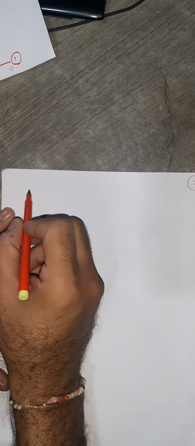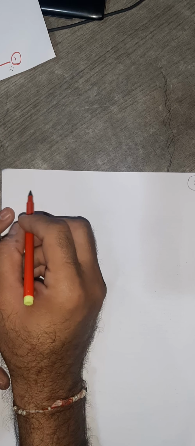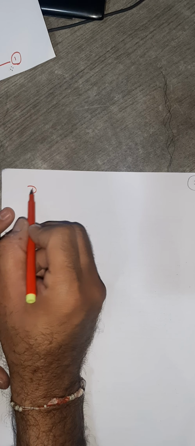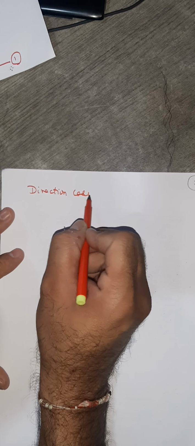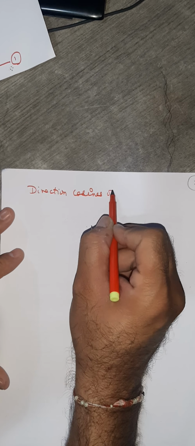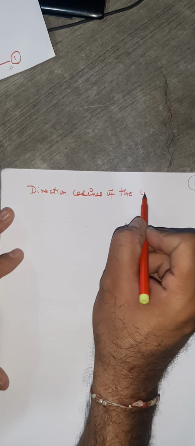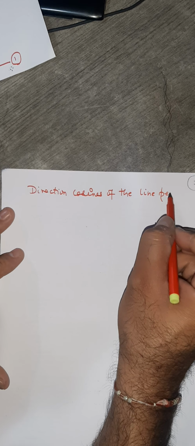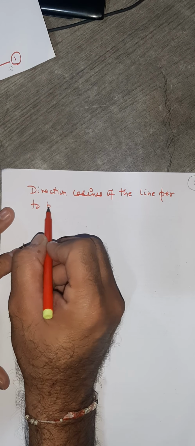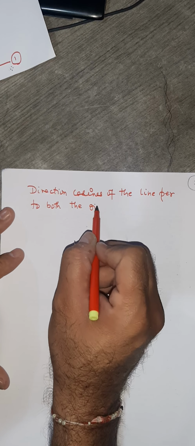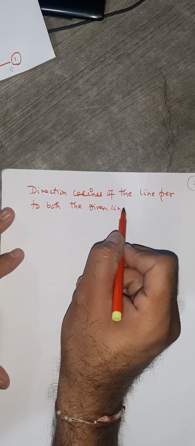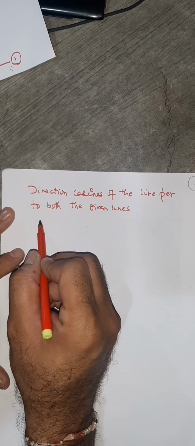So I'll write here: direction cosines of the line perpendicular to both the given lines equals,